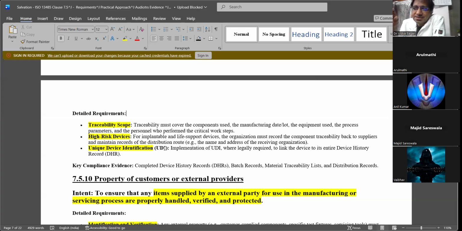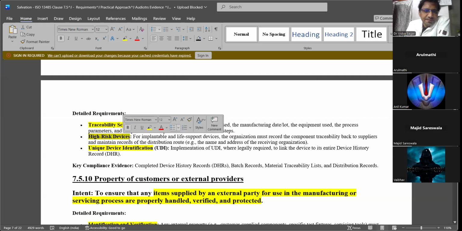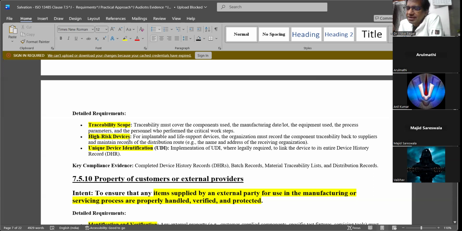So 100% traceability will be there with the UDI DI system. For high-risk devices like implantables, generally it won't end at traceability till the implant. You implant a stent or a pacemaker or a heart valve or an orthopedic implant in the patient.